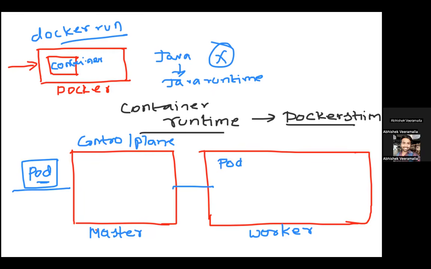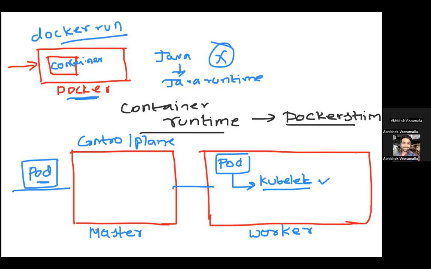Let's say your pod is getting deployed on this specific worker node, but you have a component in Kubernetes called kubelet. This kubelet is responsible for running your pod. In Docker, basically you have a Docker engine and you have Docker shim. In Kubernetes, you have something called a kubelet, which is responsible for maintaining this Kubernetes pod. It always looks for whether the pod is running or not. If the pod is not running, because Kubernetes has a feature called auto healing, I have to inform Kubernetes that the pod is not running, do something. So that's why Kubernetes has a component called kubelet.